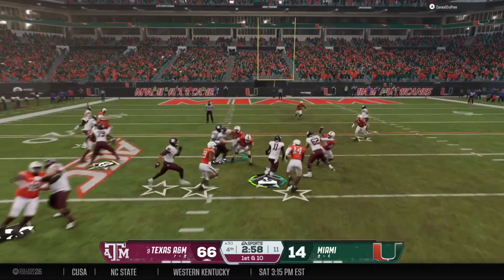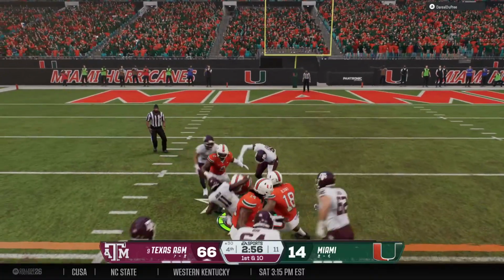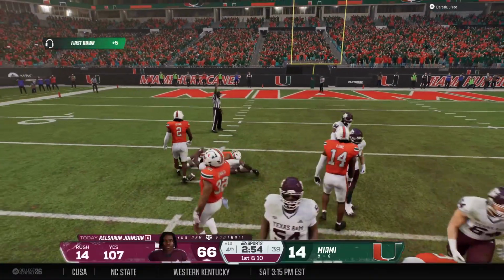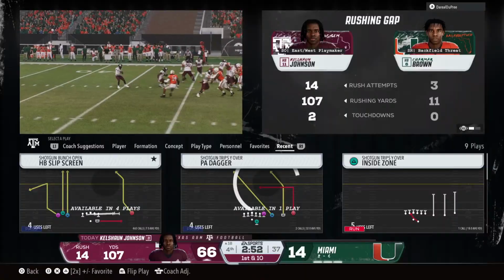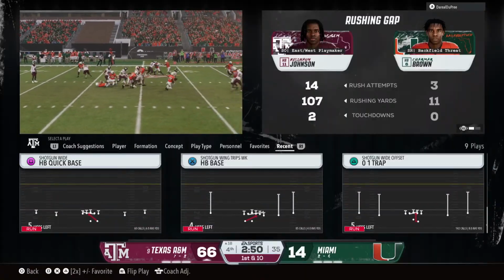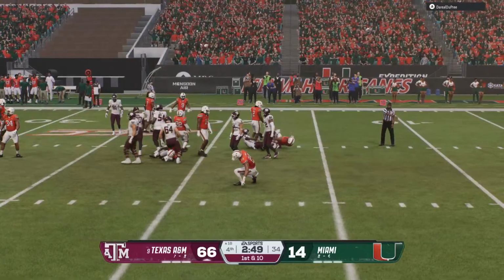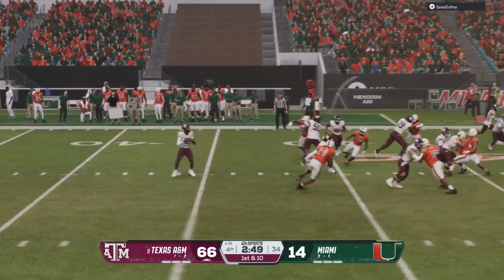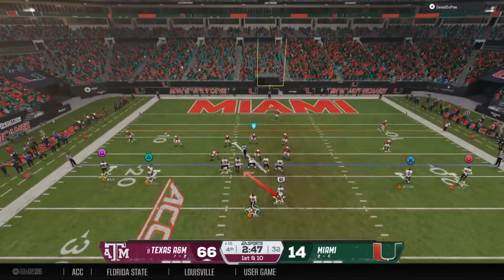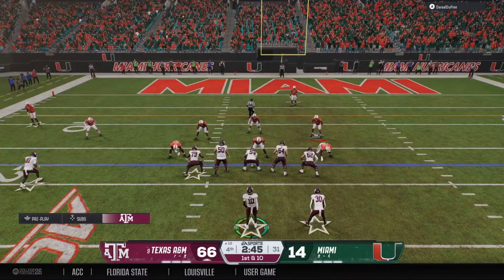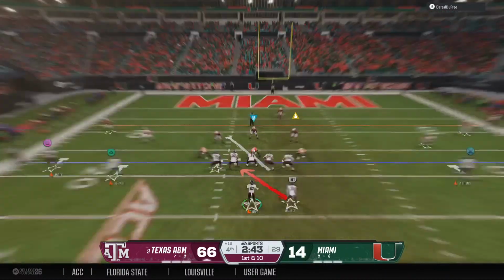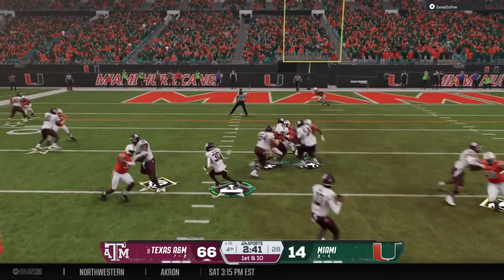The give, and tick, tick, tick. Big pickup on the ground here to keep this drive moving and give them a first down. I think a big key in this team's success today has been their ability to run the football. They've been able to just hand it off and churn out yards. They've had this defense on their heels all game long. It's given them a big cushion in this game so far. Let's see if they can keep